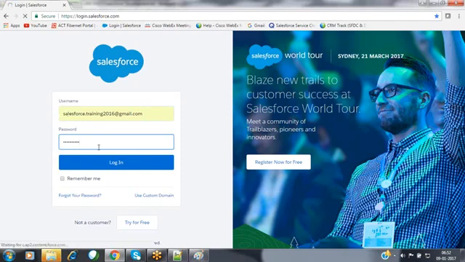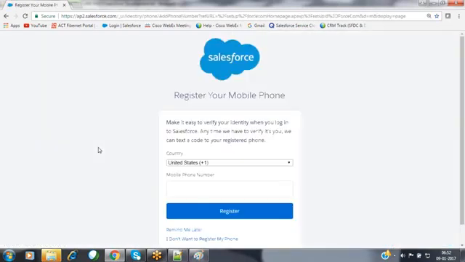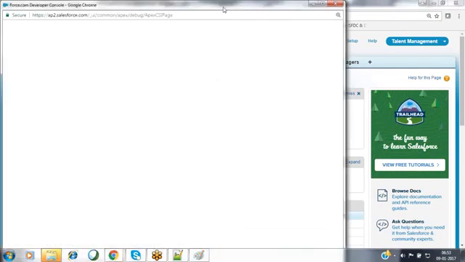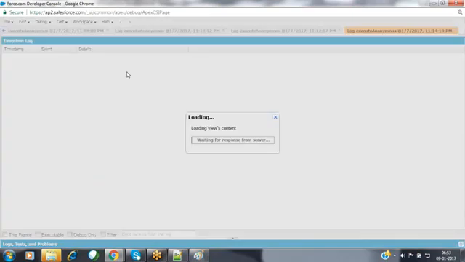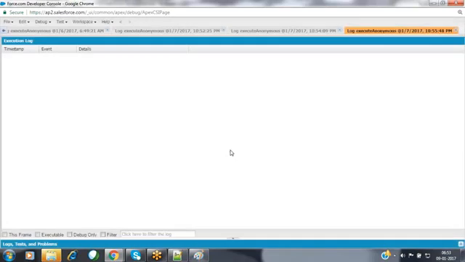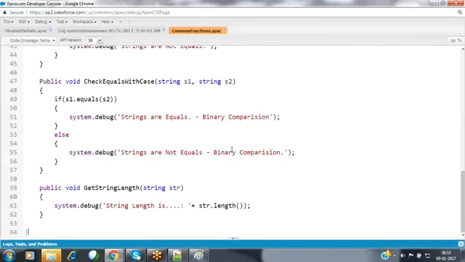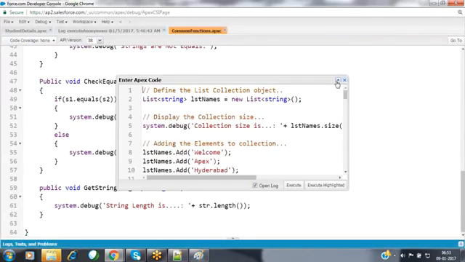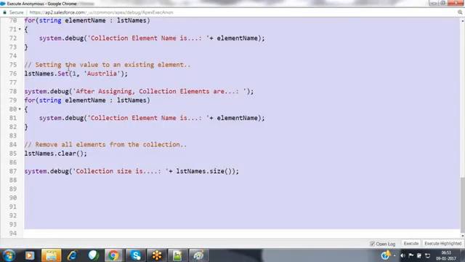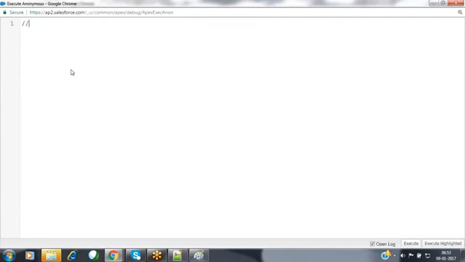Now I'm going to be using that execute anonymous window in order to prepare a sample example over here. Go to the developer console. Open that execute anonymous window by using the shortcut or by using the navigation also, whatever you want. Now I'm using that execute anonymous window here. So now here I'm going to be describing the creating a map collection here.